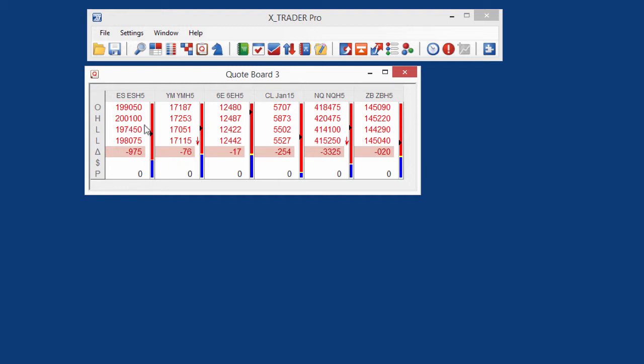Just add a few different instruments in right from that Market Explorer here using that magnifying glass from the control